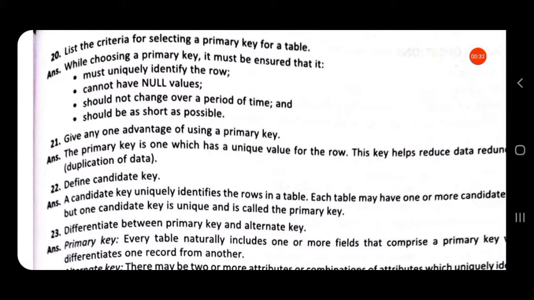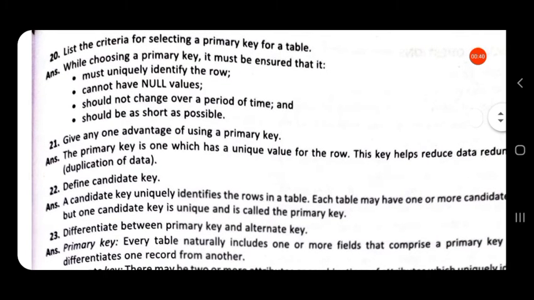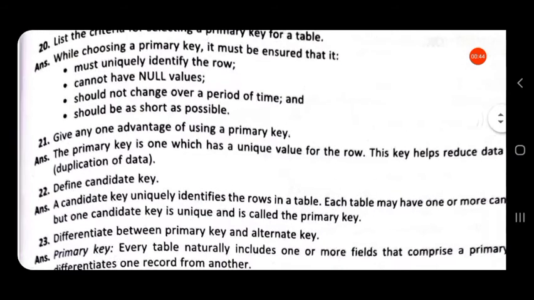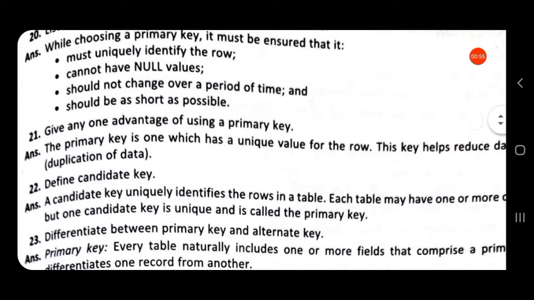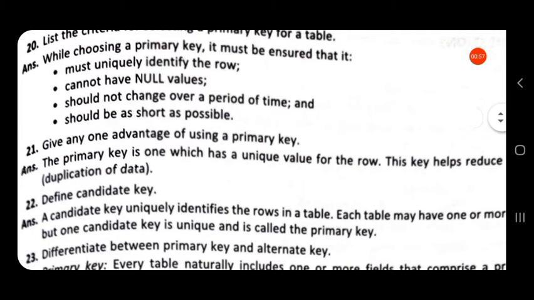While choosing a primary key, it must be ensured that it has a unique value, that is, it must uniquely identify the row. That key should have a unique value because it should uniquely identify a row. Then it should not have null values, that is, it should have some values.